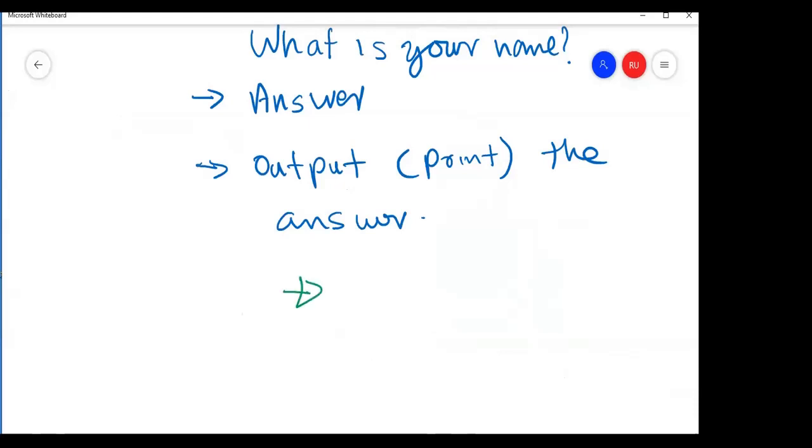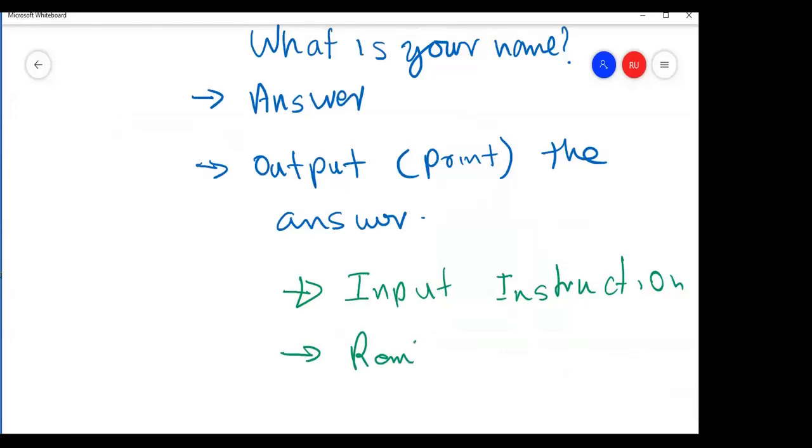Okay, so in this one, we had a new improvement. We have an input instruction, and then we remember or store the answer.